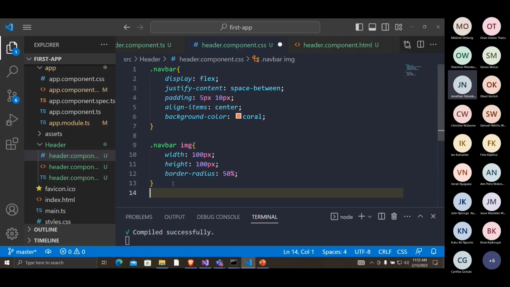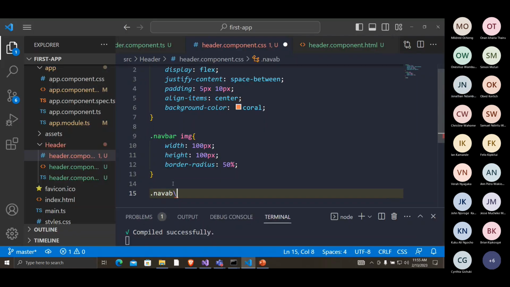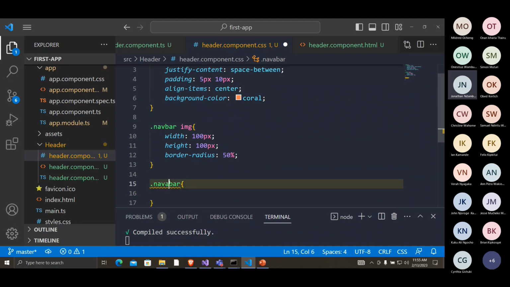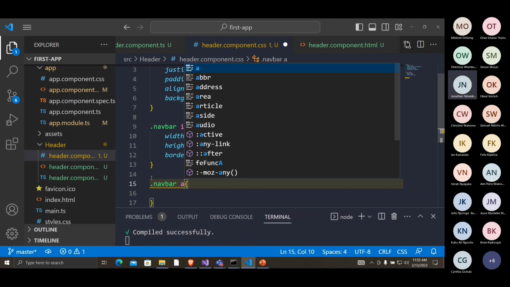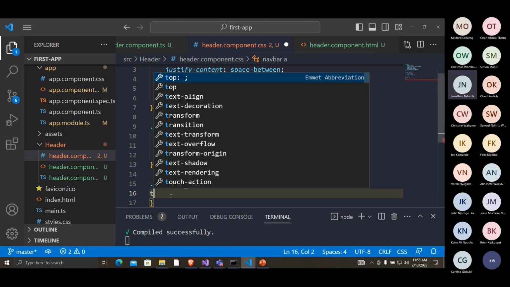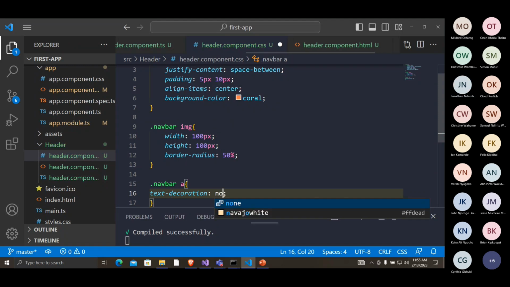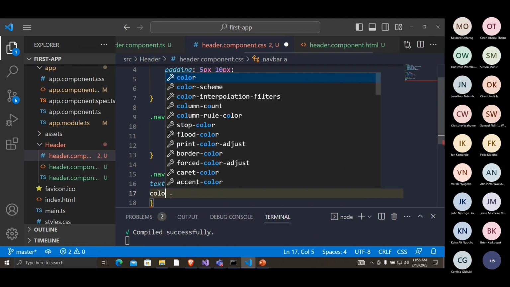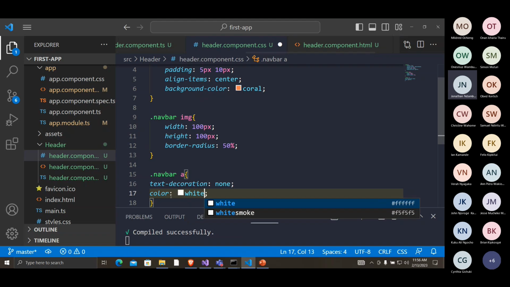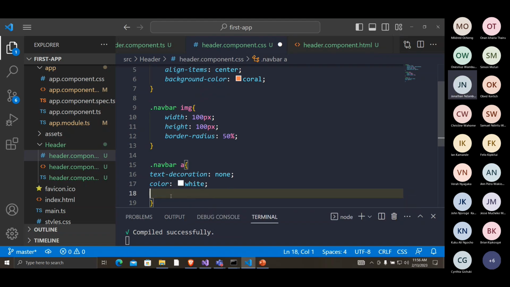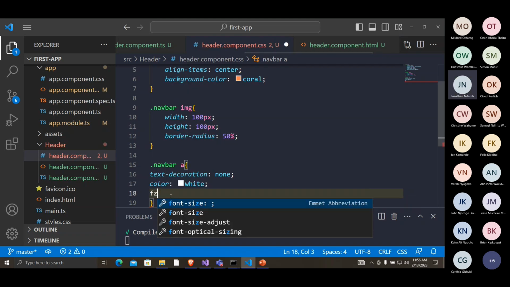The next thing will be .nav and the anchor tags, and then I'll say text-decoration none. And lastly, I want font size,